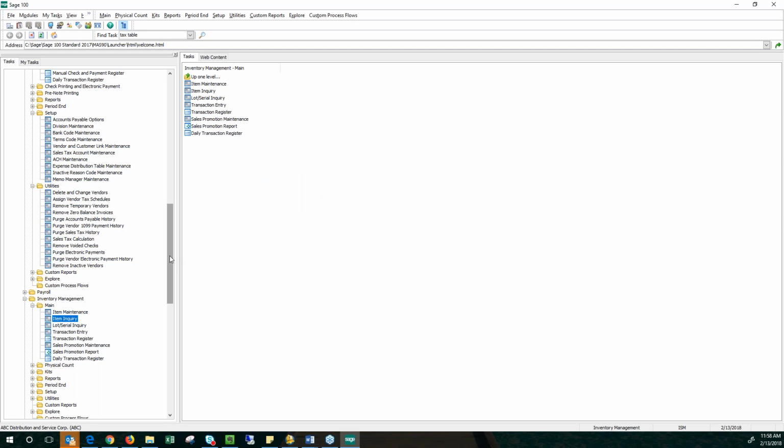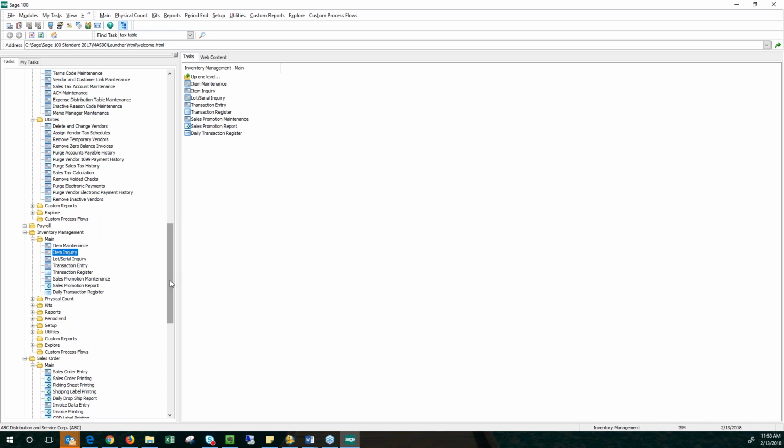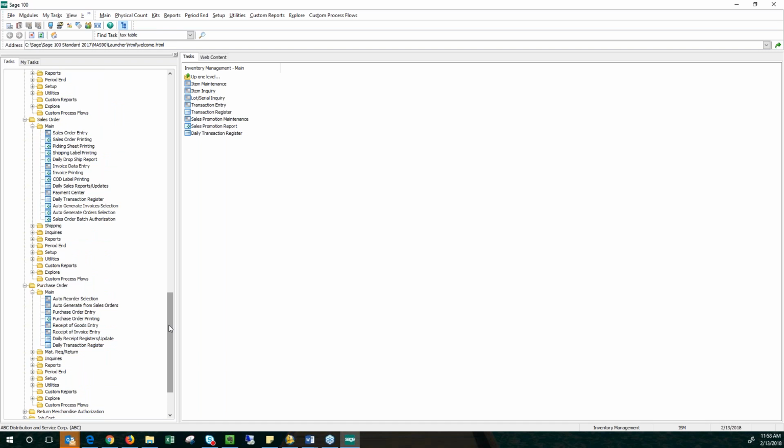So that once you set up those reorder points, you have the ability to go in to auto-generate POs. So it's going to make a determination for you. So rather than you having to go look up how many on hand, running a stock status report that's like 200 pages long and trying to figure out on your own how many you need to reorder, the reorder quantity for just the main warehouse, etc., you can do auto reorder selection,